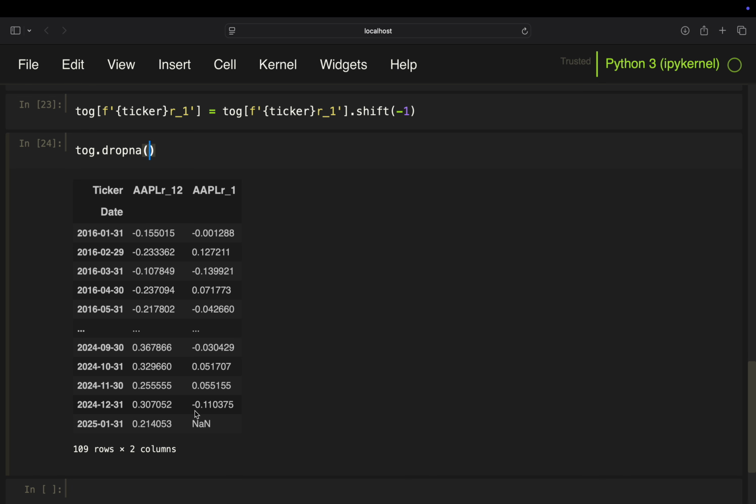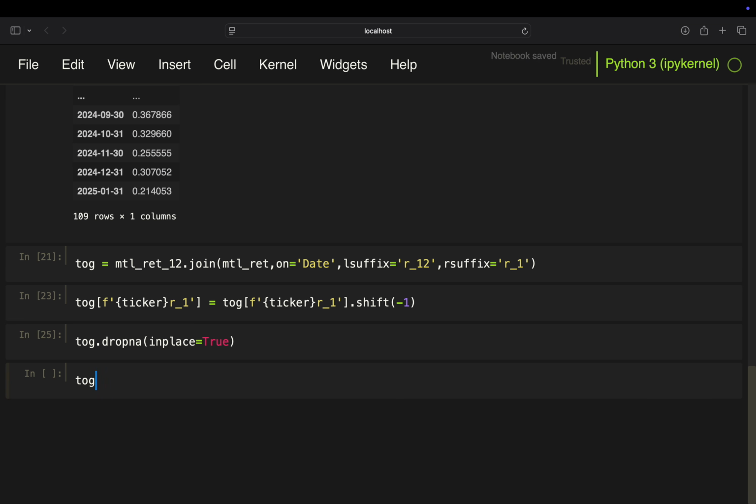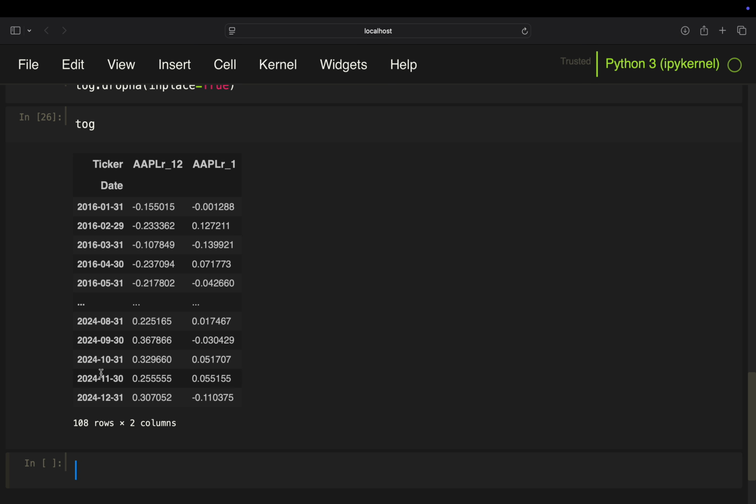This, and you should also keep that in mind, is a mark-to-market value, because this is the return in January for Apple until now. So this can change until the end of January, because we don't have the end of January yet. So we're going to drop this NaN value and do it in place, so just doing it on this same data frame. So with that, you have filtered it out and you have this beautiful data frame, which is a super interesting one in my opinion,